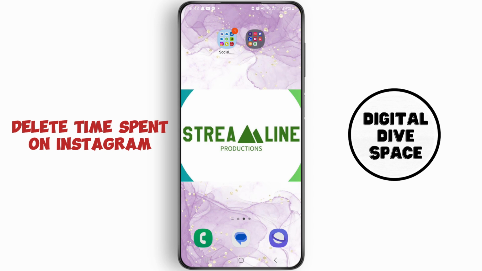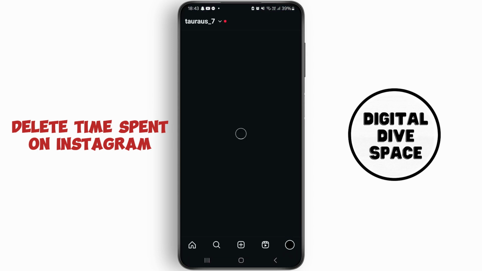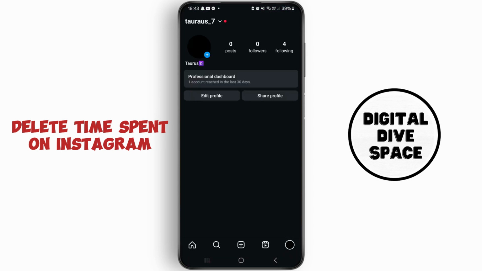Make sure you have installed the latest version of Instagram on your device. If you have done so, then simply open your Instagram app. Make sure you have logged into your account. Open your account, the profile, and after tapping and opening your profile on the top right side, you'll see three